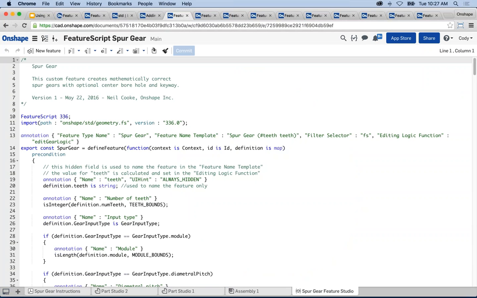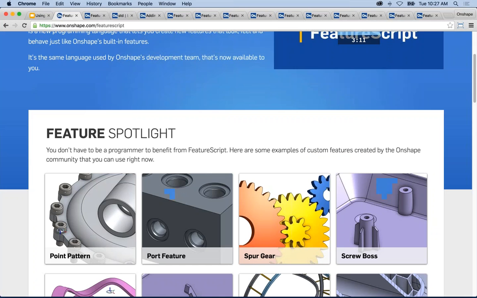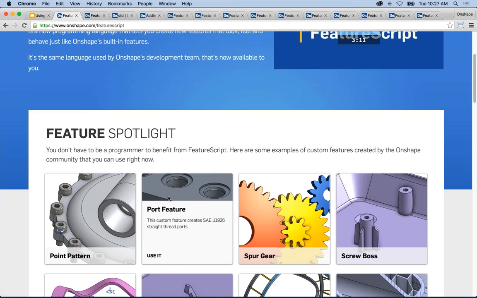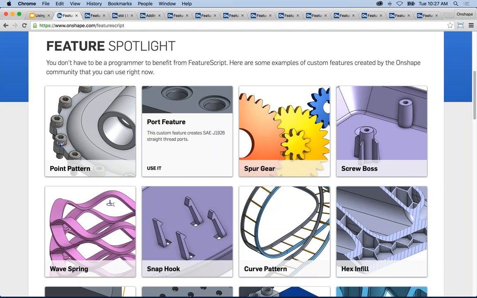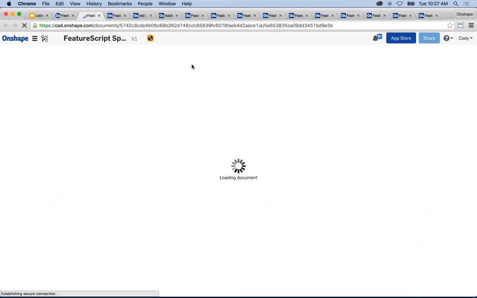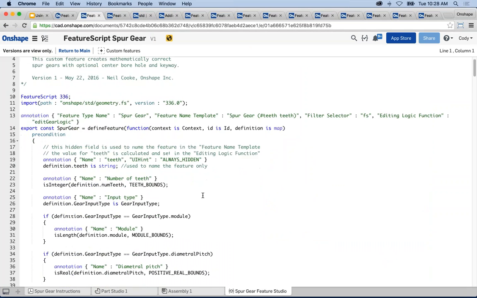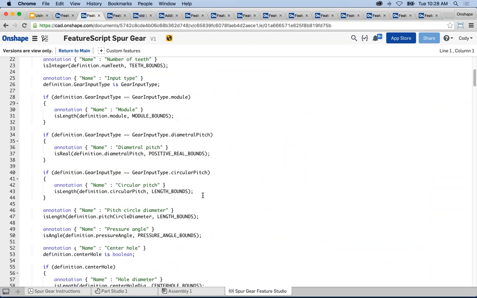Now, a question that's come up, can you please show how to access source code? Again, I would refer you to the FeatureScript webpage. Every one of the source code for each one of these features is in a link here. So the spur gear feature that I just showed you, if you click use it, it will take you to that document. And you can click on the Feature Studio and view the source code. Okay. So a link to each one of these examples and the actual feature is on the actual webpage,